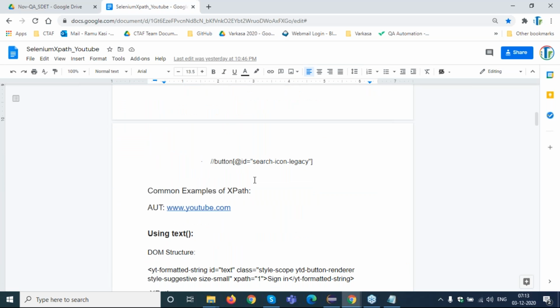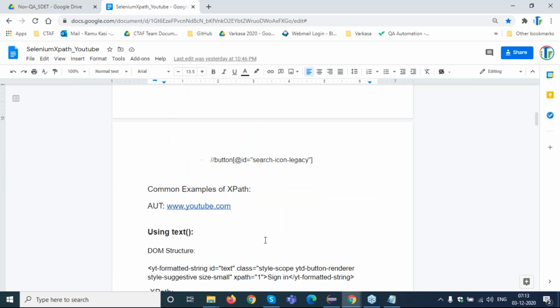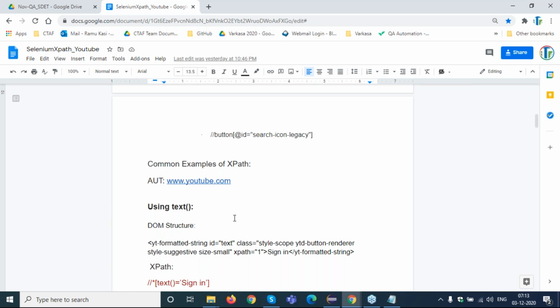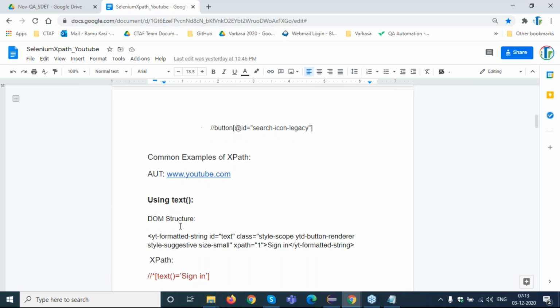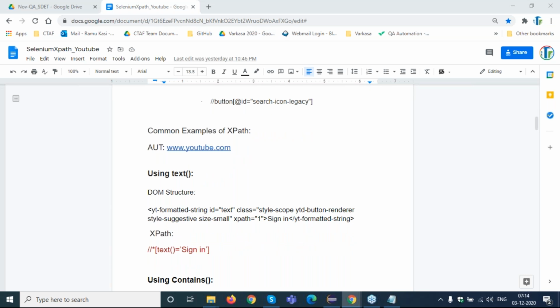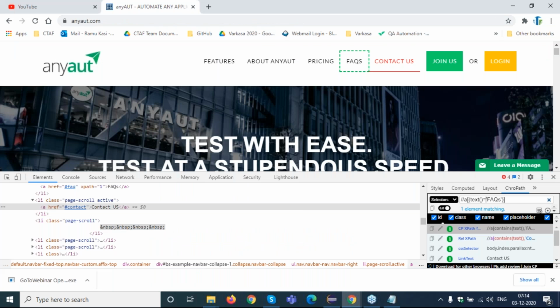Okay, so this was the example I wanted to start with. We can use the text option. This is a very common example of XPath that we use to find the element. So this is the DOM structure. Let me go back to, I think you already saw text, right? Let me try something else in the same page, maybe